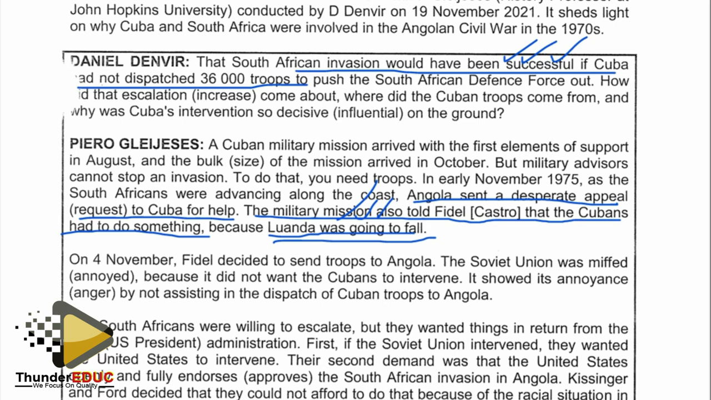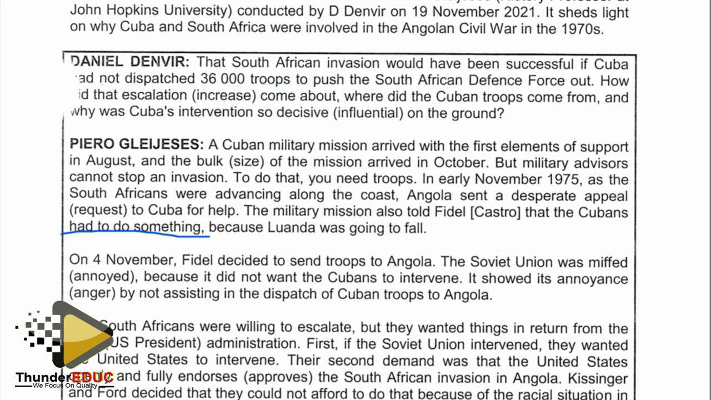So they had to ask for reinforcement because they felt threatened by the coming invasion by South Africa, which was targeting the capital of Luanda. Right, that is the response to that question. Move to the next question. Question number